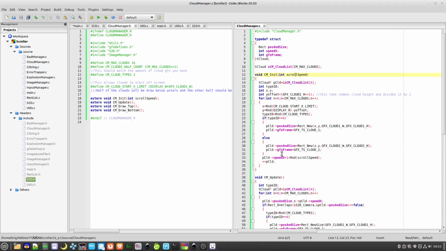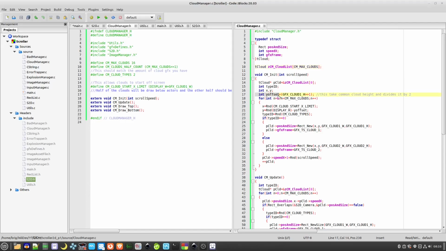In the next version, part 2 of this, this will come into play as I introduce different levels, which will just be a case of the display scrolling faster and everything moving faster. So we create a cloud pointer at the start here, point it at the start of our list, and then